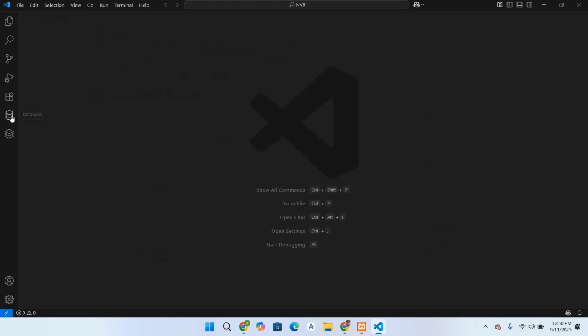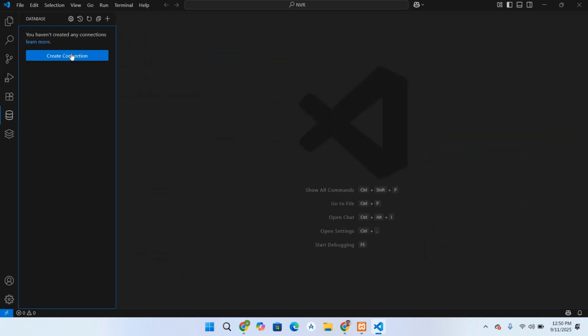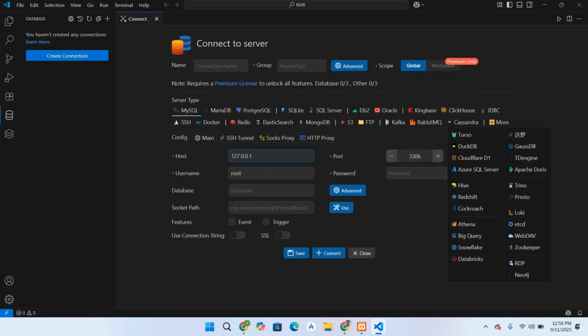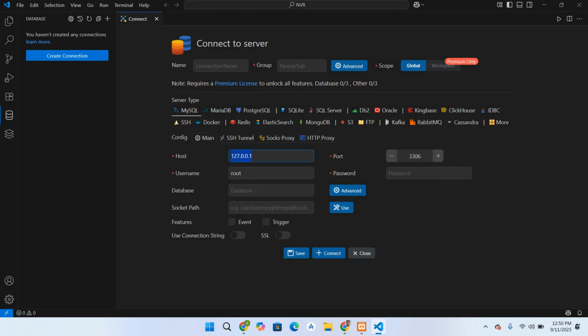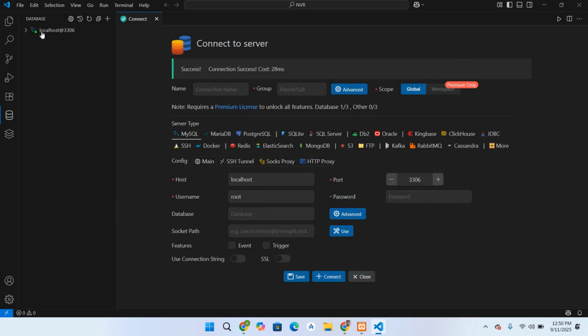Now I'll come here to this database. Click on this, create connection. As you can see, it is already set up. As we are using a local MySQL installation, this is the IP for our localhost. Or I can directly use localhost here. Now if I click on connect, it has created a localhost connection at this 3306